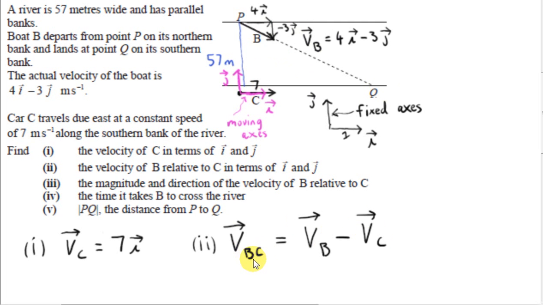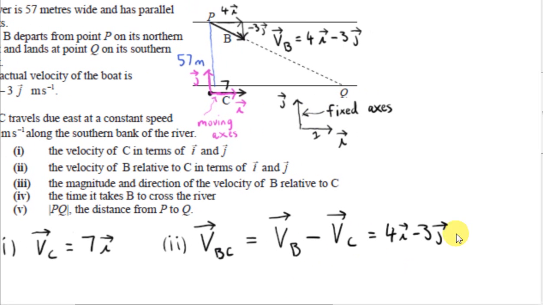So the first letter in the subscript appears first, and the second letter appears second, so it's an easy formula to remember. By VB we mean the velocity of the boat relative to the fixed axes, and by VC we mean the velocity of the car relative to the fixed axes. The velocity of the car is 7i, so we have to subtract 7i. Putting the i terms together, 4i minus 7i gives us minus 3i,